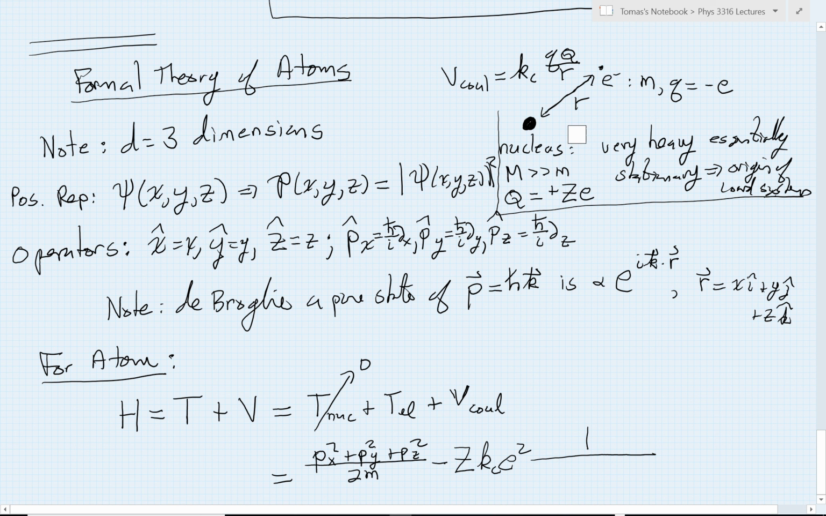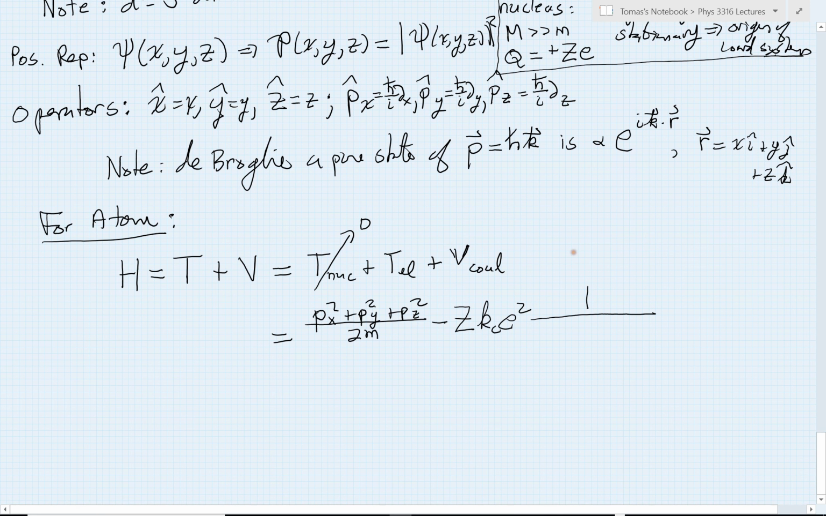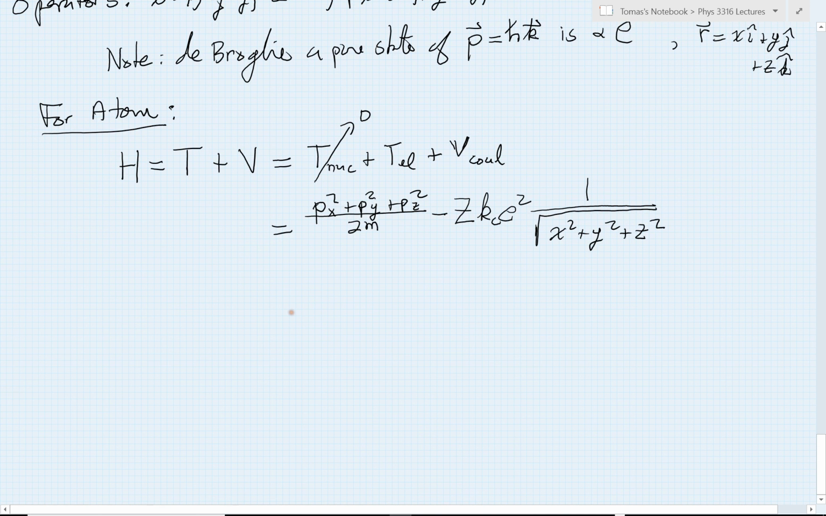Now the nucleus, again, we are going to take as the origin of our coordinate system. The electron is sitting at location x, y, and z. So that radius is actually the square root of x squared plus y squared plus z squared. That's my Hamiltonian. So then I can write down finally, and we can then conclude the lecture, the time-independent Schrodinger